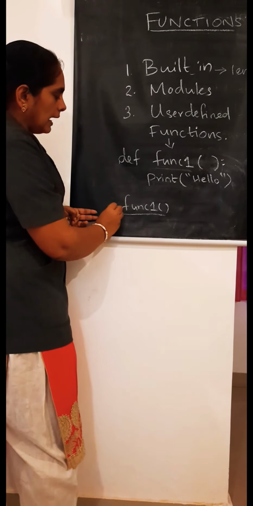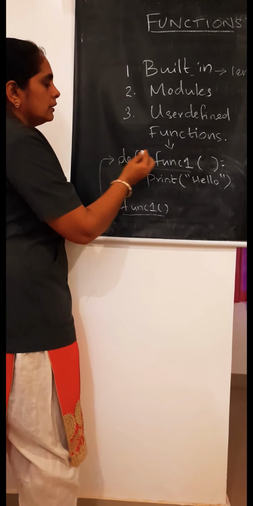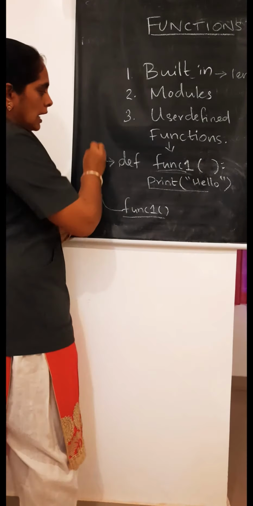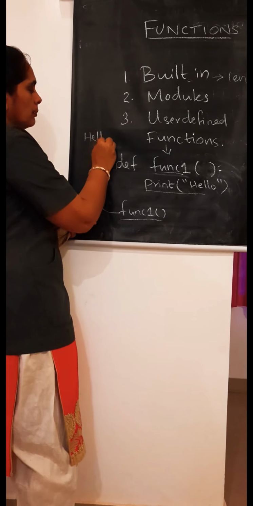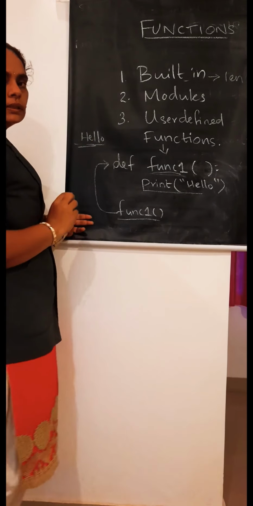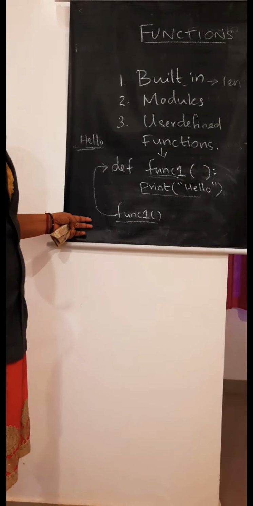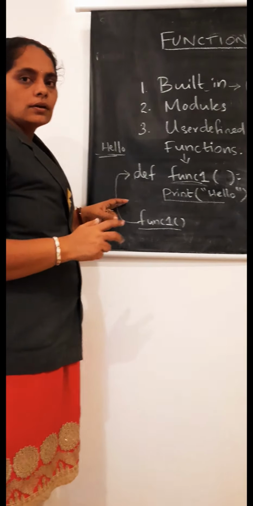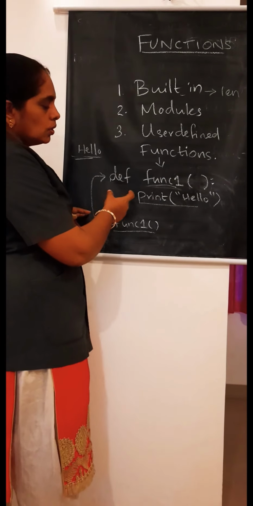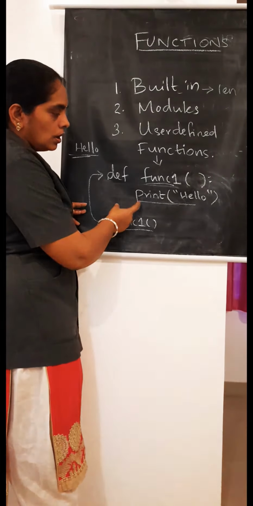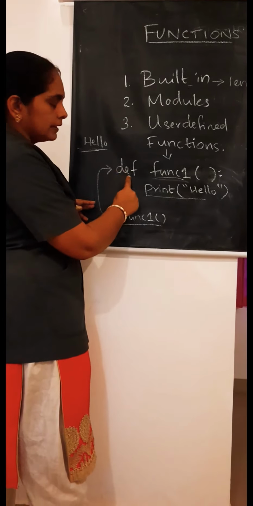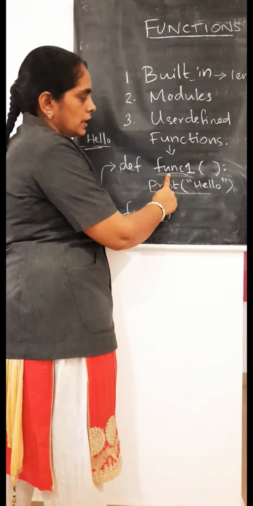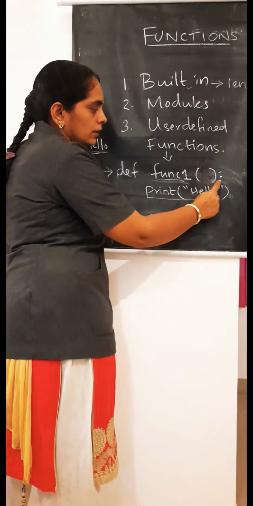So the line will be moved to where? To def. This function is called and automatically this statement will be executed and you will get the message. Output will be what? Hello. This we call a function. Simple function. How to print hello on a screen? By using a function. So you want to display the command hello. How to do it? First of all, we have to write the keyword def. Def is a keyword, function 1 is a function name, and parenthesis, then you put a colon.